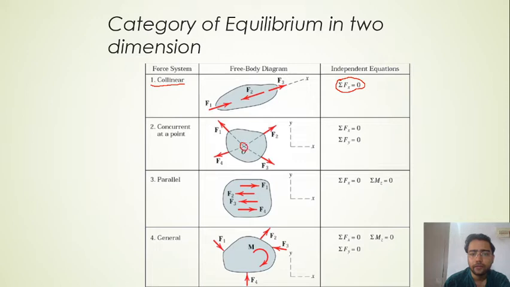As you can see here, F1, F2, F3 and F4, four forces are acting over a body, and their line of action is passing through the point O. Right. In that case, you need to have two independent equations. As you can see here, sigma Fx is equal to 0 and sigma Fy is equal to 0. What is the meaning of sigma Fx is equal to 0? So you are going to assume this is positive x direction and this is positive y direction. Okay. So what happens? You have to take component of all the forces.